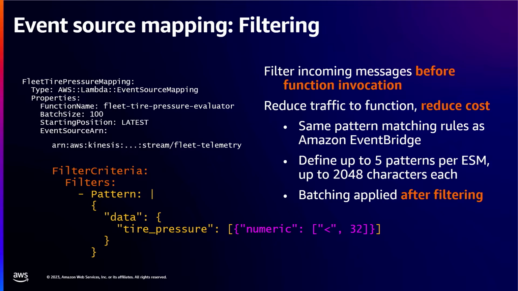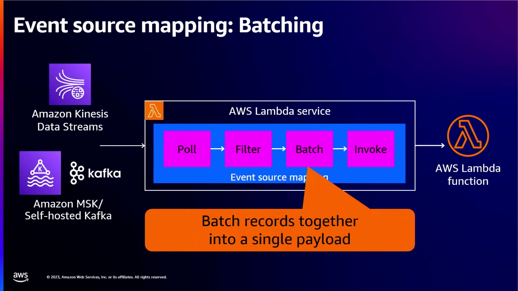So if you are building applications with these various services and building up your filter patterns, they're all going to be consistent. And of course, you can have multiple event source mapping resources with different filters, and this allows you to pick up only messages relevant for them. I showed that previously with that Kinesis example with EventBridge Pipes, but you could use it with Lambda as well, with two consumers with two different filters sending data off to separate places.